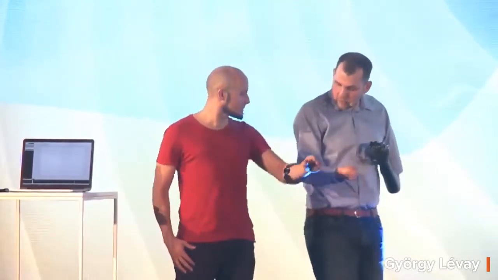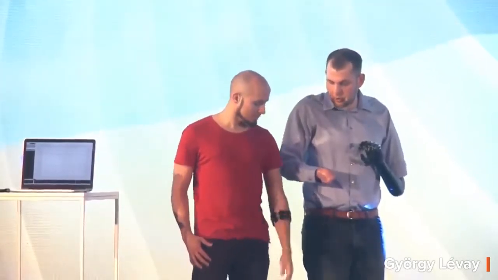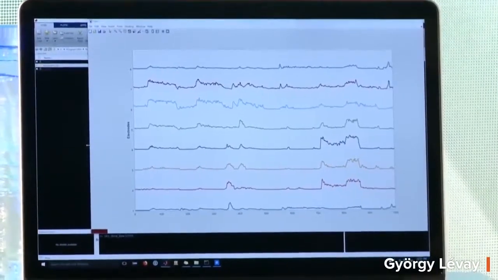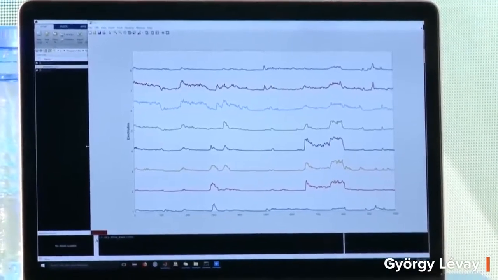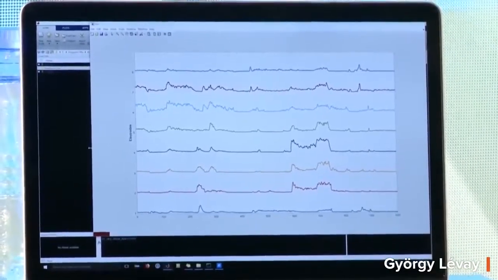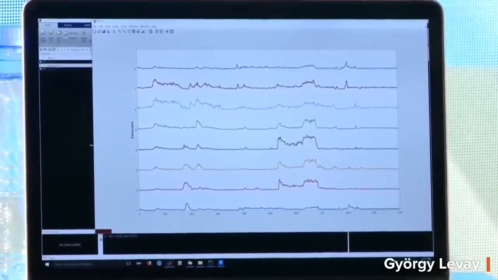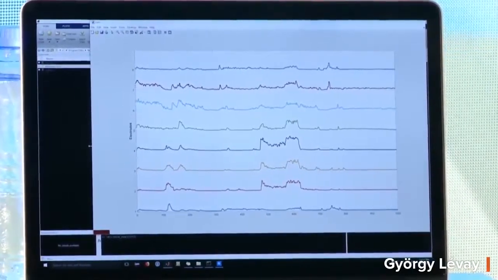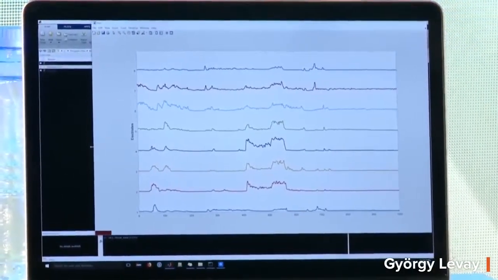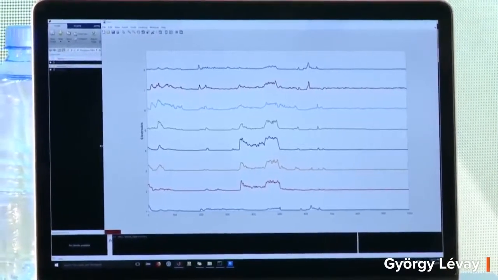So keep your hand like this, right next to your body. And do a hand close for me. Yeah, like that. Keep it that way. And now rest your hand. Keep it up here and rest this part of your hand. Right? Perfect. So what you see is that part in the middle that's active, that's the pattern associated to his hand close movement. Now, if you open your hand,